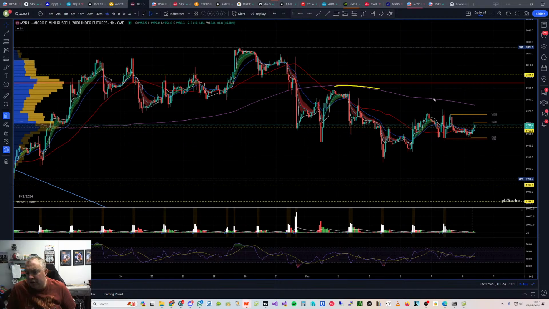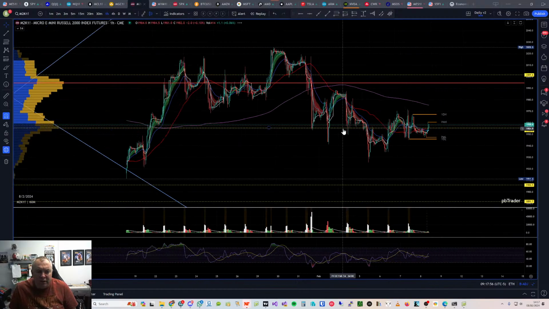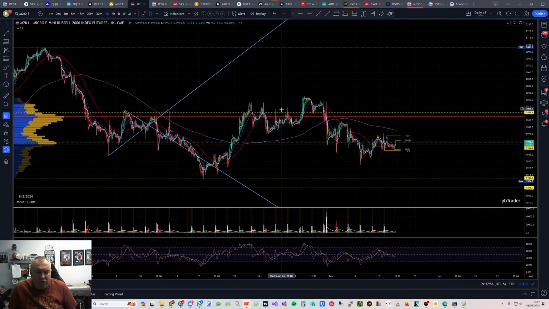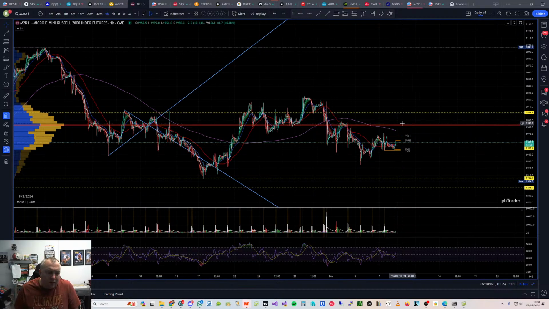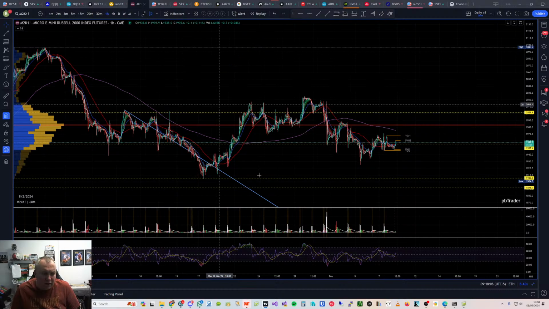We're below the 200, but we are above the 20 and the 50 now, so it looks like a change of trend. I don't like it myself. Horrible chart. But I think we need to clear yesterday's high for a potential push up, another leg up. That's it, no trades for me on that one, let's get rid of them.